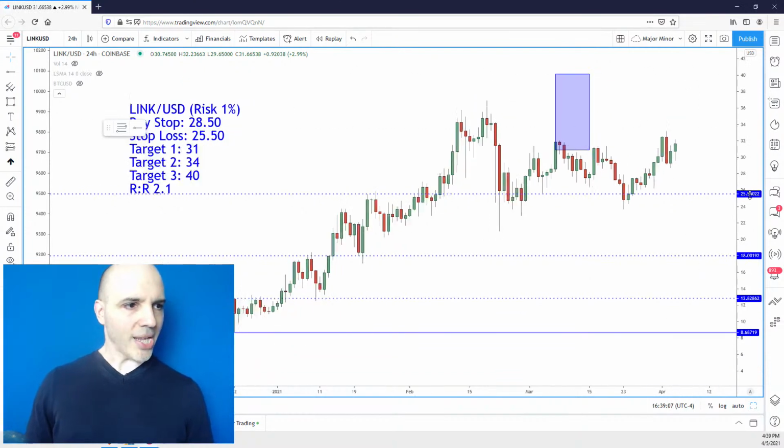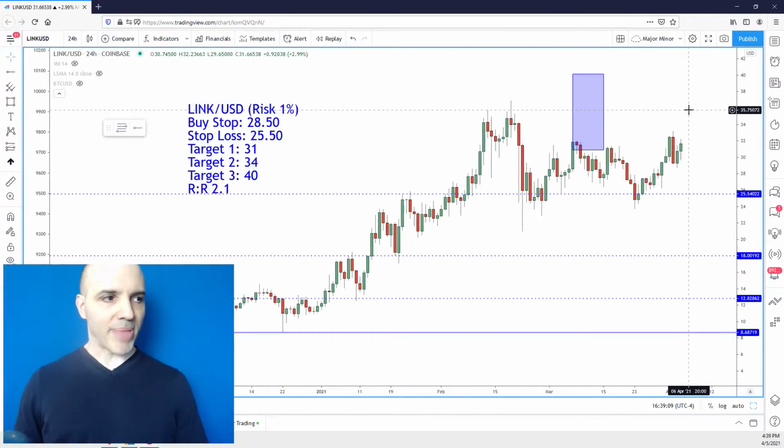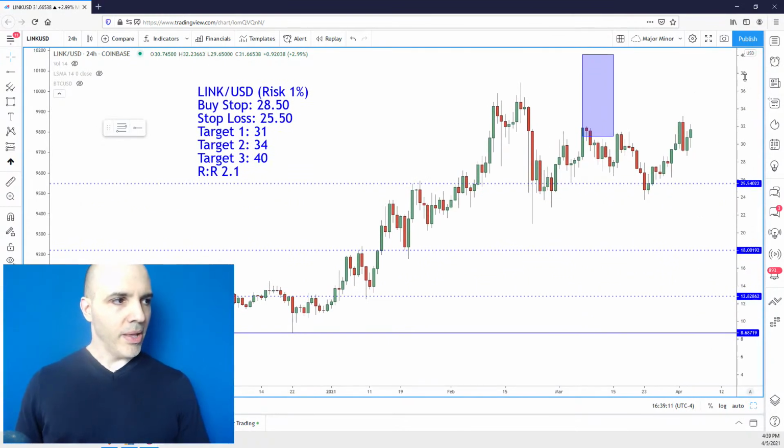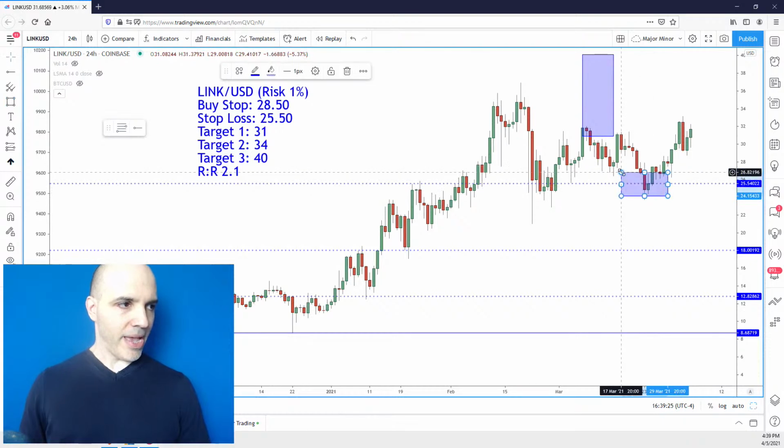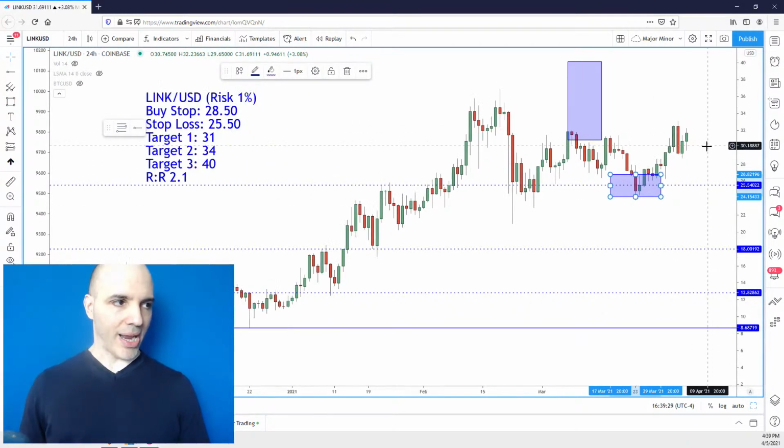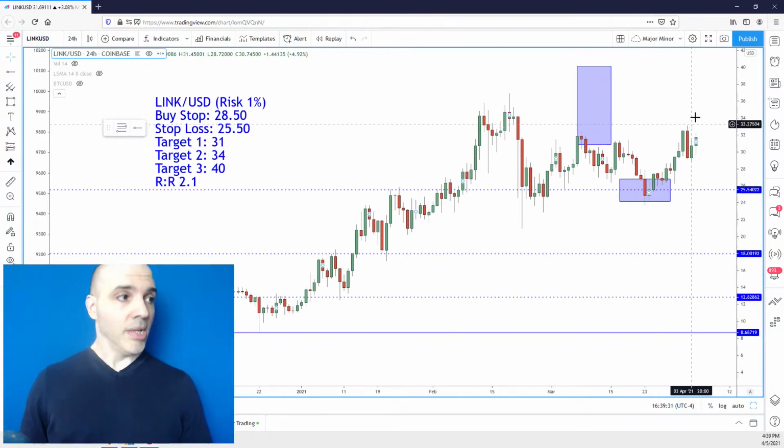Now, Chainlink, we got stopped out on this one, by the way. I called Chainlink as a swing trade. It went into its target zone, and we managed to get out at target one, and then it just produced garbage. We had to stop at 25.5, and it then got tapped out. And now look where it is, back at the range high. It happens.